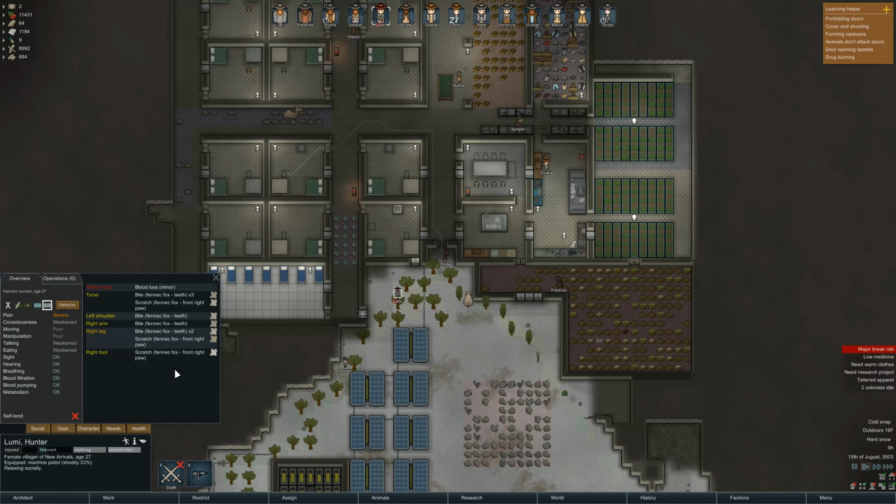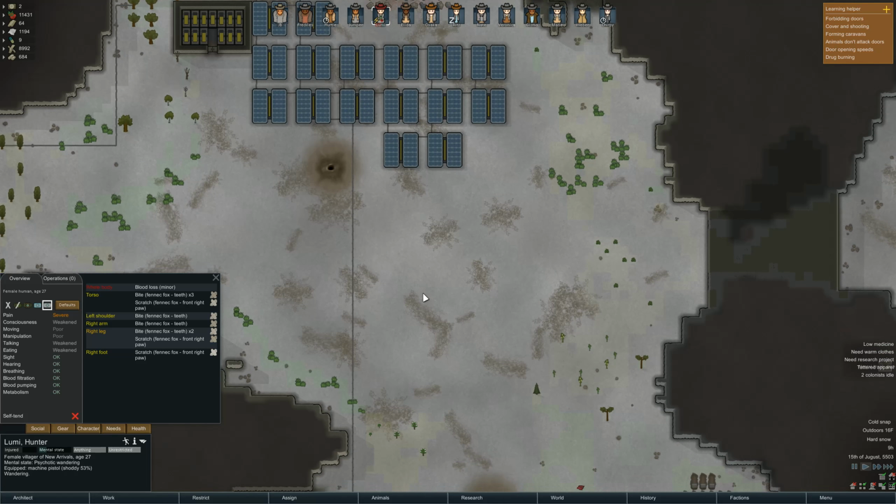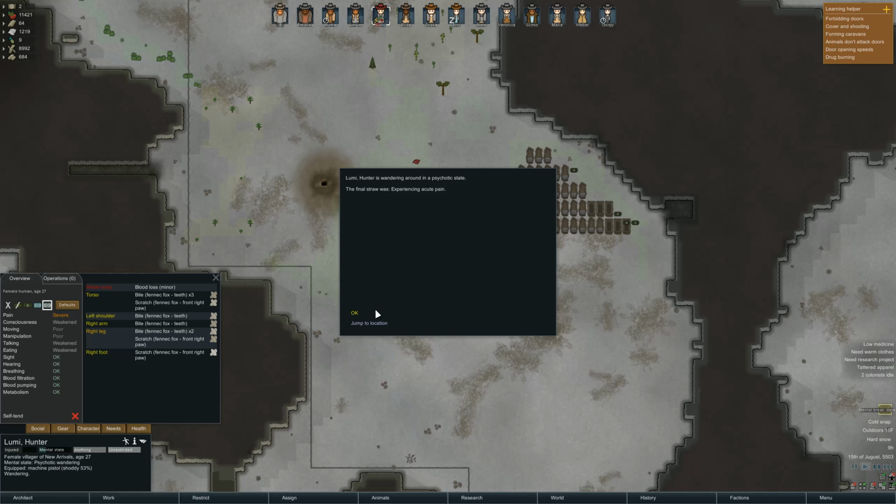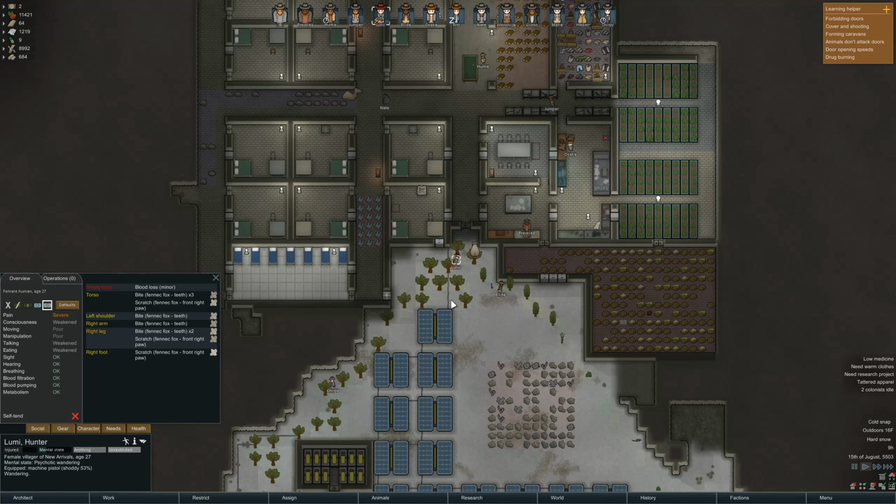Looks like she was attacked by a Finnick fox. Not entirely sure why. And she's now in a psychotic state, wandering in a daze. This is not good because it's the middle of winter and it's 16 degrees outside. So you can see right here I've got a big storage of food here. That was actually a problem early on